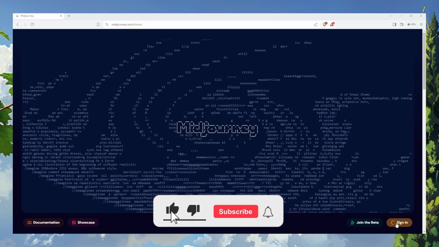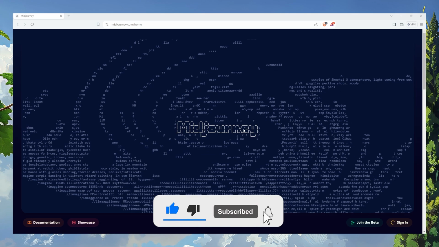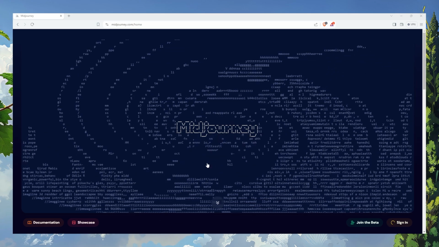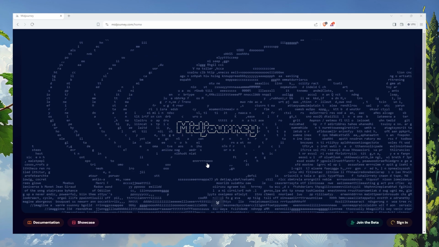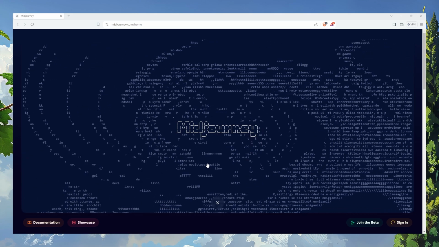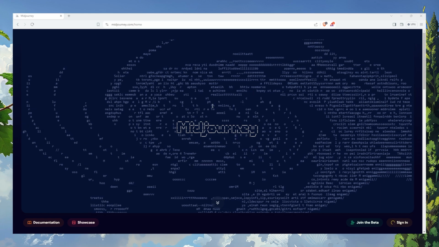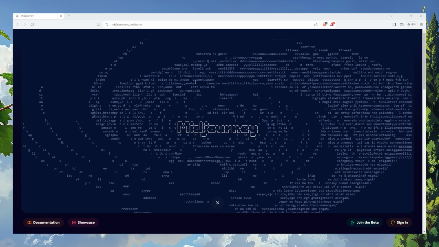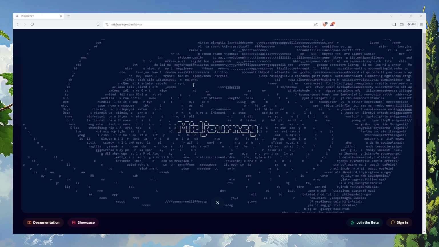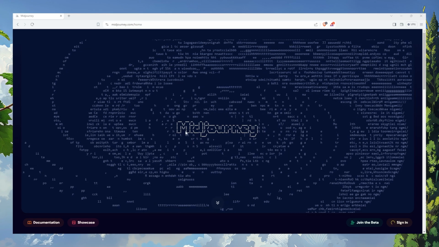Click on that sign in button, and then it's gonna take you step by step on how to create an account. So Midjourney uses Discord to get you signed up. So click on this register button and fill out all the information that are required here, like your email address, your username, your